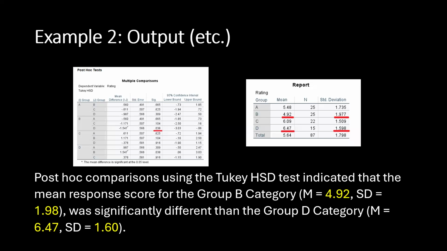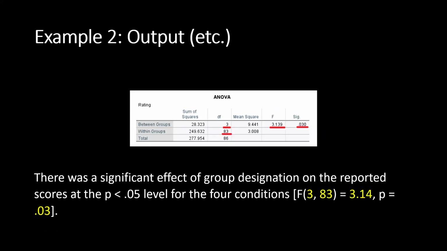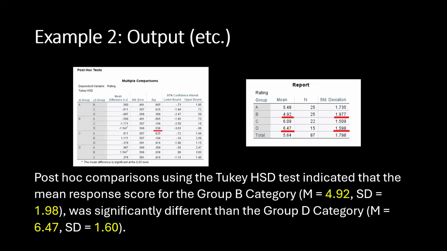Now, I do want to mention prior to ending this video that there are instances in which you will have significant findings as it relates to your application of the one-way ANOVA, but in then running a Tukey's HSD, you may find, and again, this is rare, but it does occur, you might find an instance in which every significance score as it relates to the comparison of groups is above 0.05. So let's say instead of 0.38, this was 0.58, in which case not a single one of these group comparisons